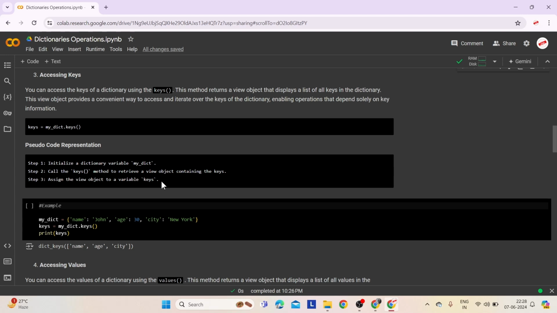Step 3. Assign the view object to a variable keys means store this view object in a variable named keys for easy access and iteration over the keys in subsequent operations. This example illustrates how to use the keys method to retrieve a view object containing all the keys from the